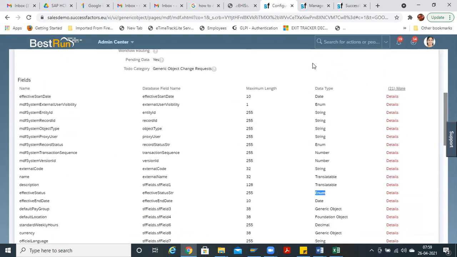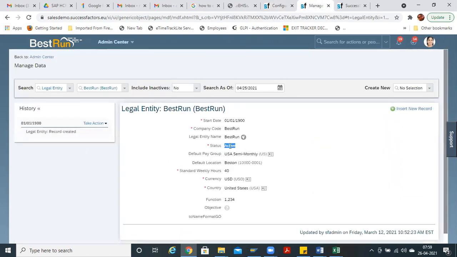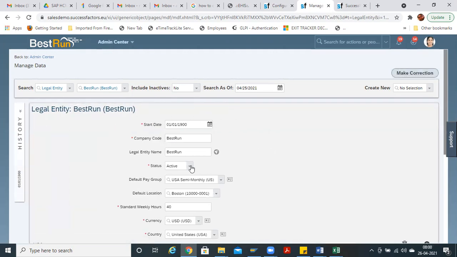If you select this enum, then you will be getting active, inactive in the drop down. So all these data types I'll be explaining in detail, what exactly those data types are.